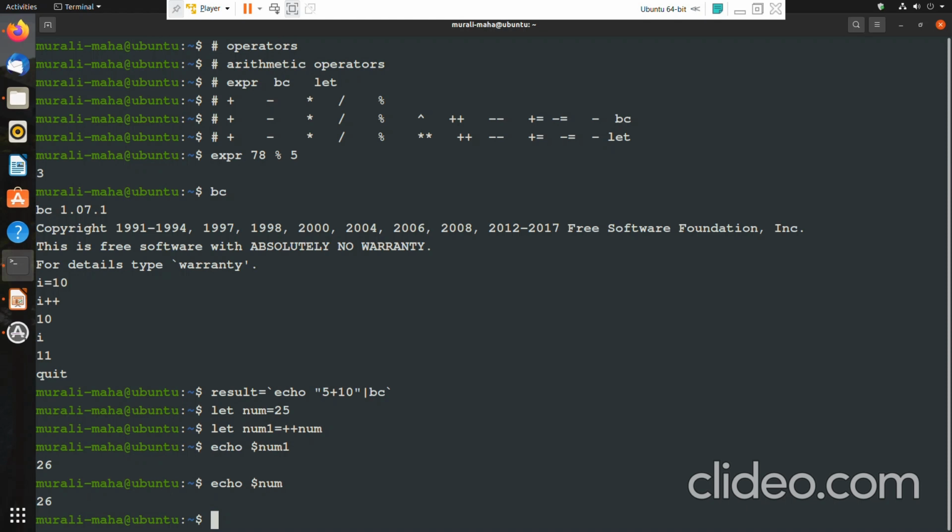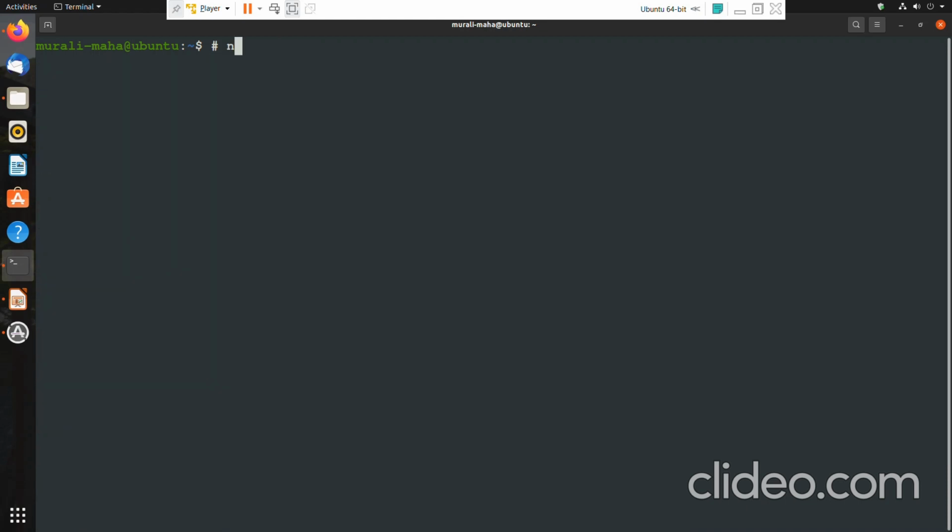To compare two numerical operands, you have a particular set of relational operators. To compare two string operands, you have another set of relational operators. First, let us look at the numerical comparison relational operators.